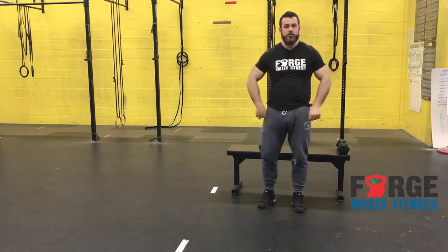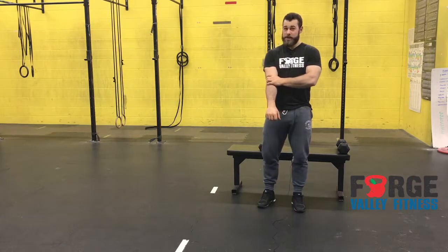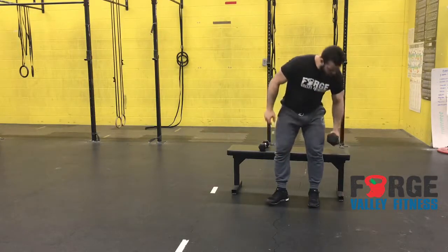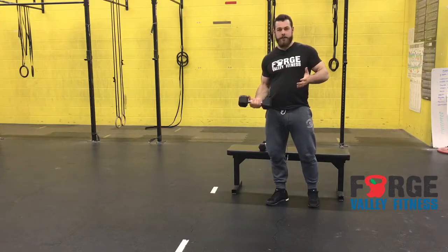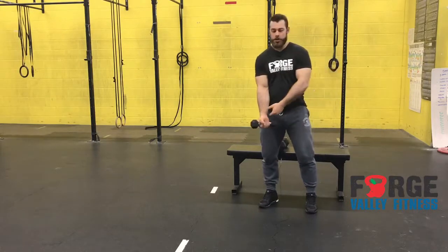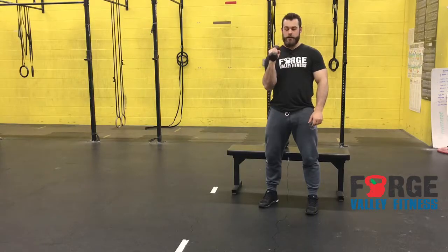Now, 2 drills to work that soreness out of your elbow. That's going to be with the dumbbell. You can use a heavier one, or if you're starting, use a really light one. You're going to do an assisted pull up with your other arm, turn the dumbbell,